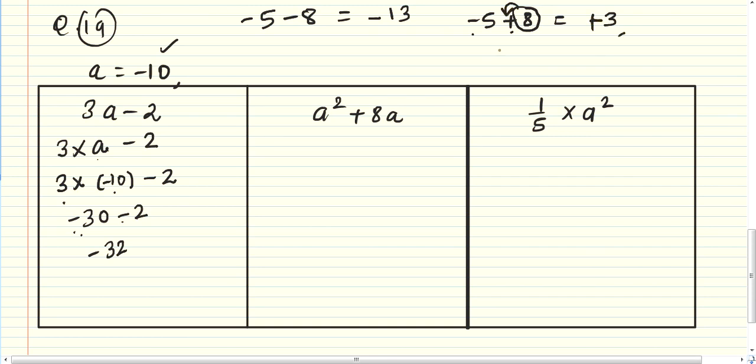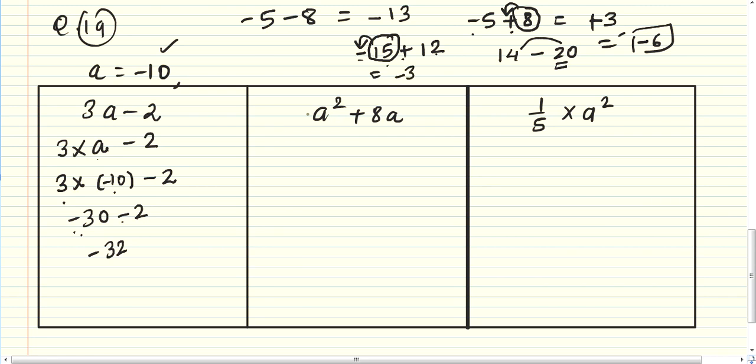Suppose you are having 14 minus 20. Now you are subtracting a bigger number from a smaller number, so you have to write minus 6. Clear? Then suppose you are having minus 15 plus 12. So again minus and plus you have to subtract, but the sign will be of the greater digit. So 15 is greater here and the sign of 15 is minus. So 15 minus 12, 3, you have to write minus 3.